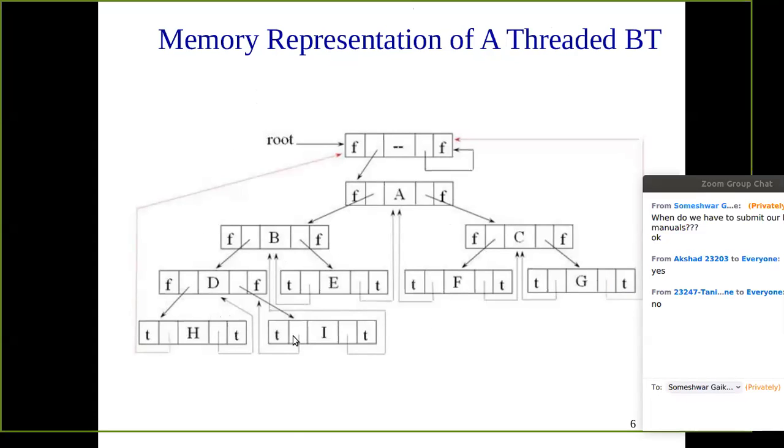As we are having these leaf nodes, here we are going to have the null pointers. So in a threaded binary tree, those null pointers are utilized to point to some node. Which nodes? The left pointer will be assigned to the in order predecessor, and the right pointer will be assigned to the in order successor. So in this case for H, we are not having the in order predecessor, so that will get assigned to the root. Similarly, these ones. Okay, so any question regarding this?